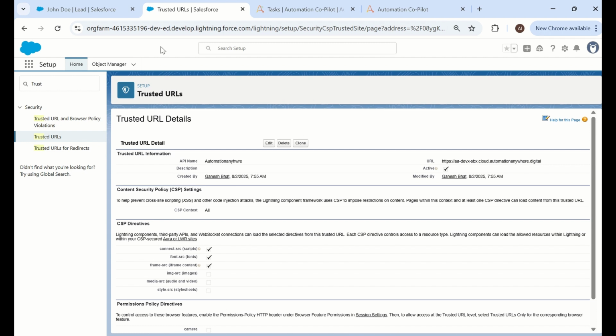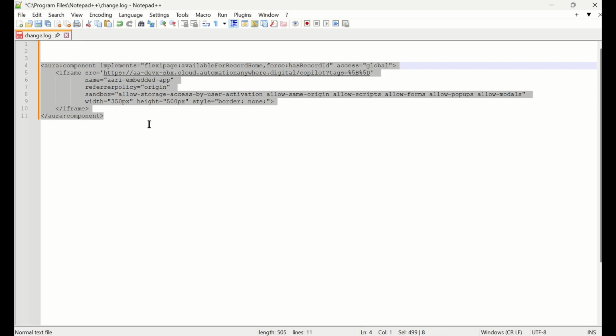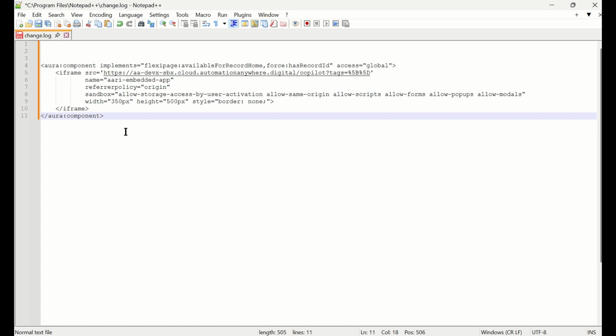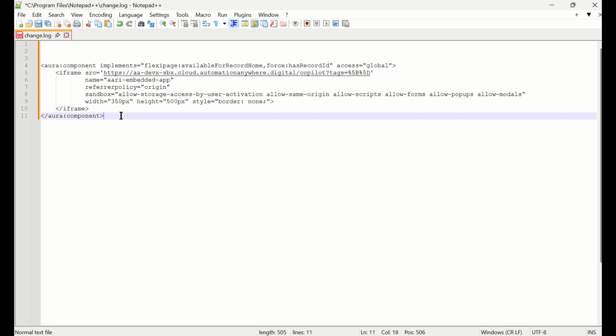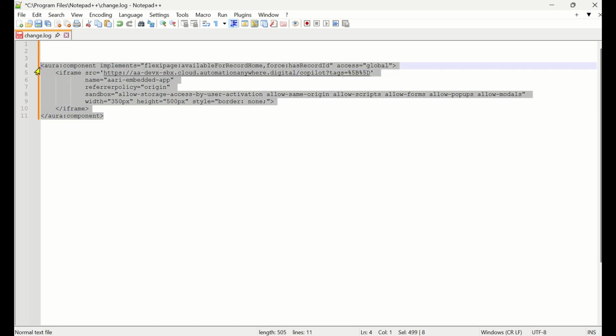Once after this, we have to create a Salesforce Lightning component. To create that, I have already given the source code in my video description. The same code that you are seeing right now is in the description. Just copy it and keep it in your notepad. Now here you just have to replace the source, which is your control room URL. And after replacing your control room URL, I would recommend you copy this particular source code